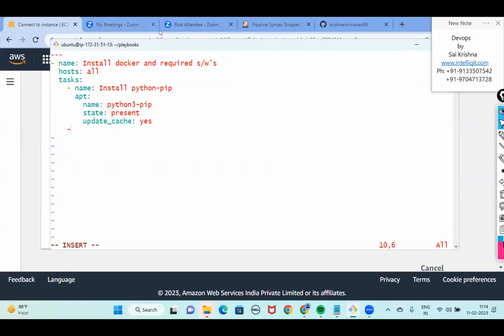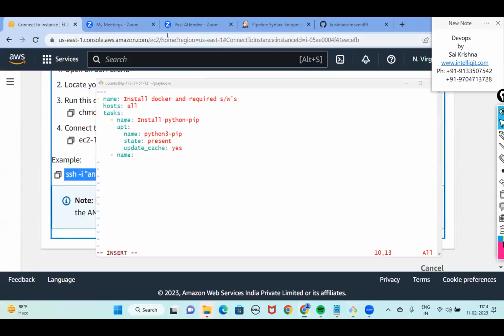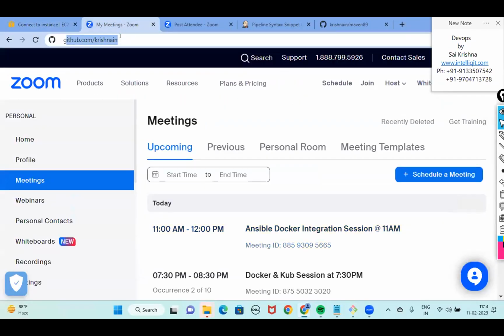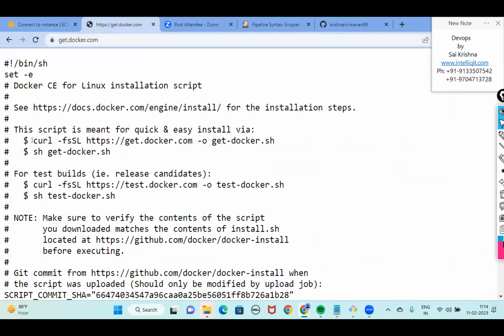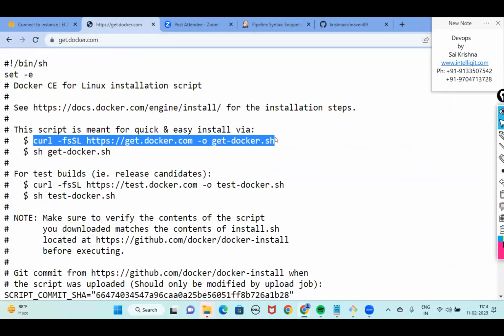Now, once this is installed, next I'll go to the remaining steps. See, how do you install Docker? Generally, for installing Docker, the simplest process we used to follow was go to get.docker.com and copy these two commands. These commands are Linux commands, so I can execute them with the shell module.